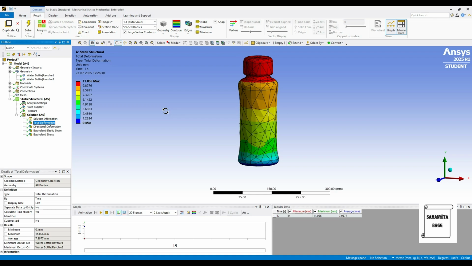So, with this, I end the session. I hope you have understood this comparative analysis of crushing on a water bottle using four different materials. You can test this result, as I have already told you, for any value of pressure. You may also surpass this value of 10 megapascal and see what happens. I have just given you a value based on the trial that I have done. You may also check for the 2 megapascal which I showed you at the start. I did not repeat that value of pressure again. I just took 10 as the value and I went ahead because I wanted to show you a drastic change in the deformation for plastic and metals.